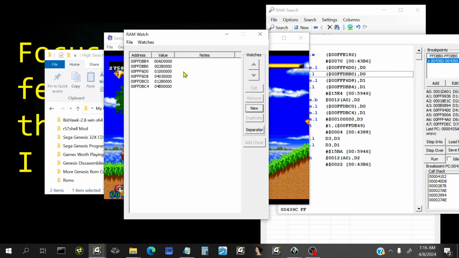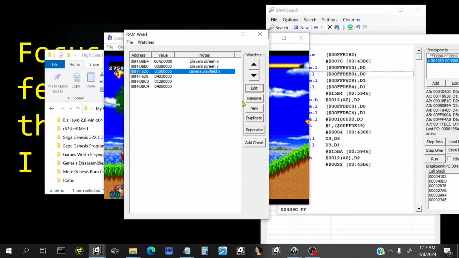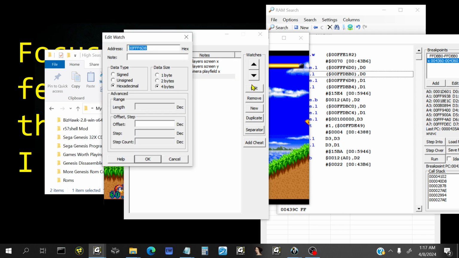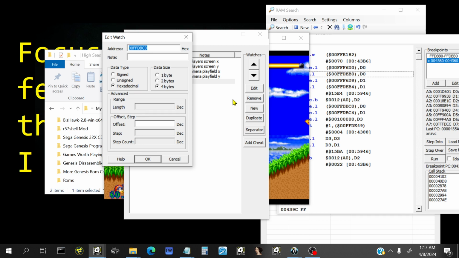Player's screen X, player's screen Y, and then camera screen playfield X, camera playfield Y, player playfield X,